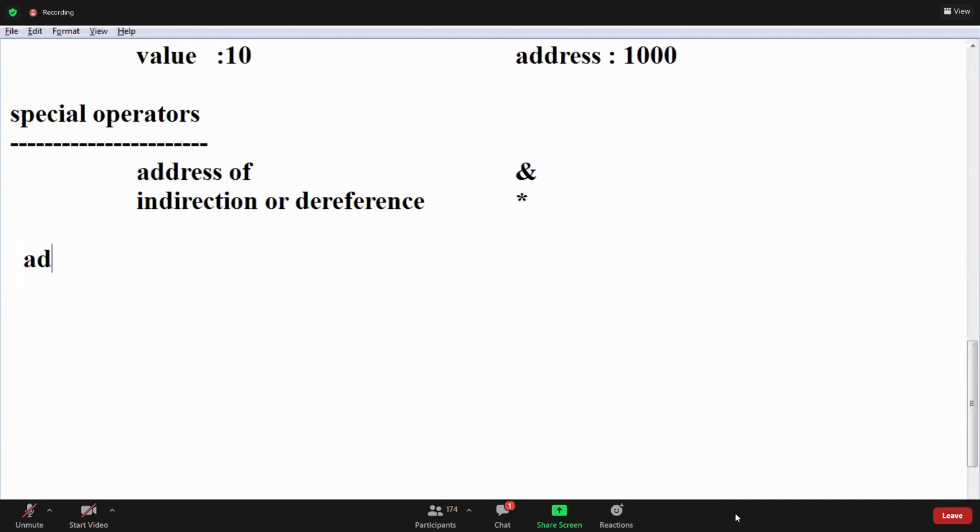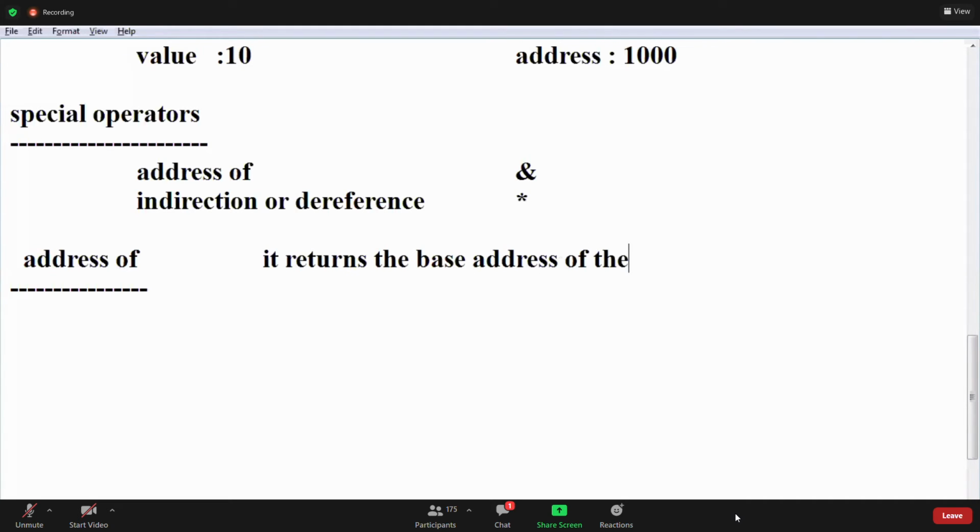What is the address of operator, guys? It returns the base address of the variable. Base address means starting cell address.